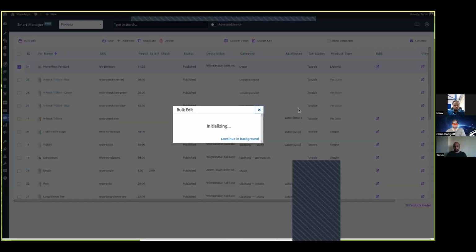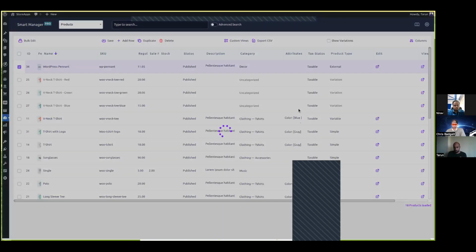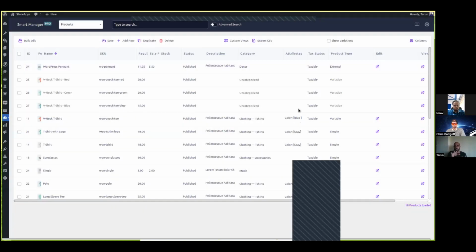Once I click on update here, it will automatically do that. It will set the sale price first to 11, and then slash it down by 50%, that is around 5.5. Then it will upload that price. So that is also done without you doing the math and without you worrying, okay, I have to calculate for this product, then for this product. This can be done for courses as well. I'm just giving an example of the products here. So yeah, this is one of the things.